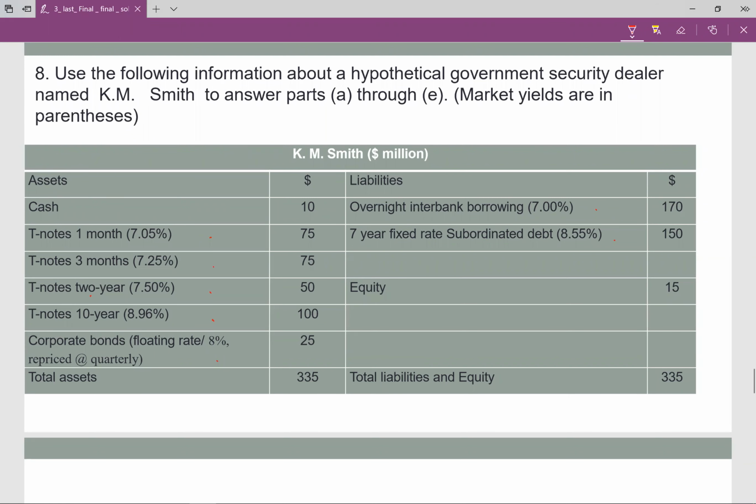I can calculate that. So I can calculate for all of those. Now, he wants only 30 days. We want to calculate for 90 days and 2 years. Remember, when I say 30 days, which means up to 30 days, everything within that 30 days, take it. Everything below that 30 days, take it. When I say 90 days, which means anything that matures before 90 days, take it. When I say 2 years, anything that matures, so we are talking about